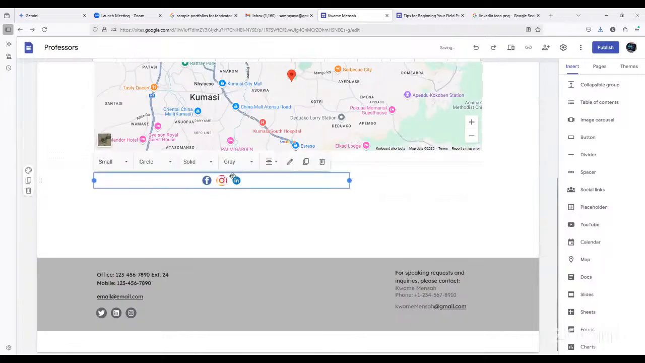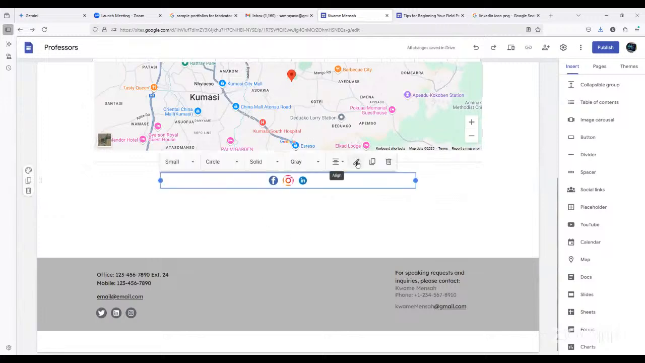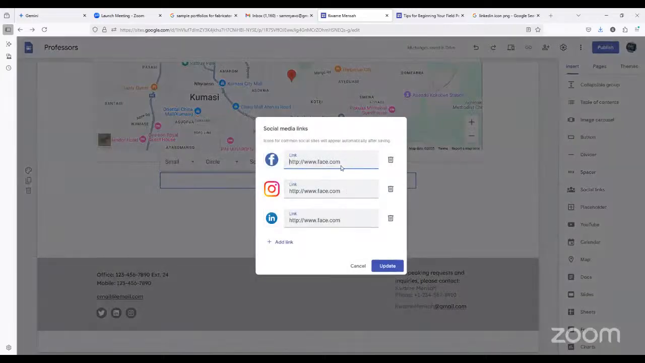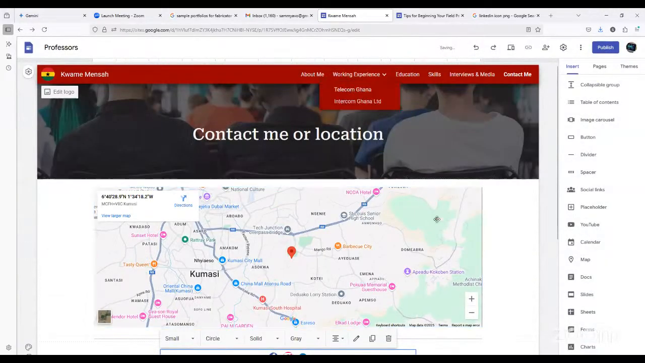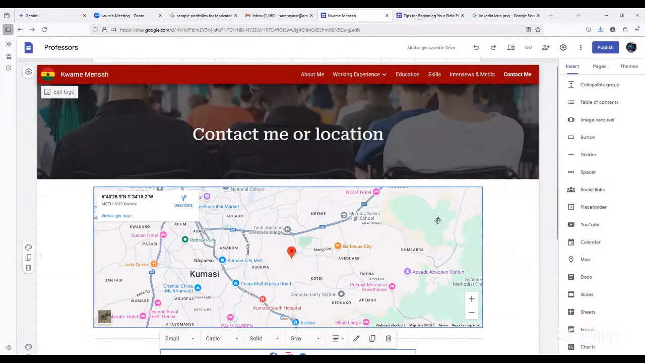So you are going to add links. If you want to update the position, you can drop it at the center. If you want to add more links to it, you click on edit links. When you click on edit links, you copy and paste your Facebook link or whatever link you have to your profile. Then you update it. So at the end of the day, you will see that you have a very concise